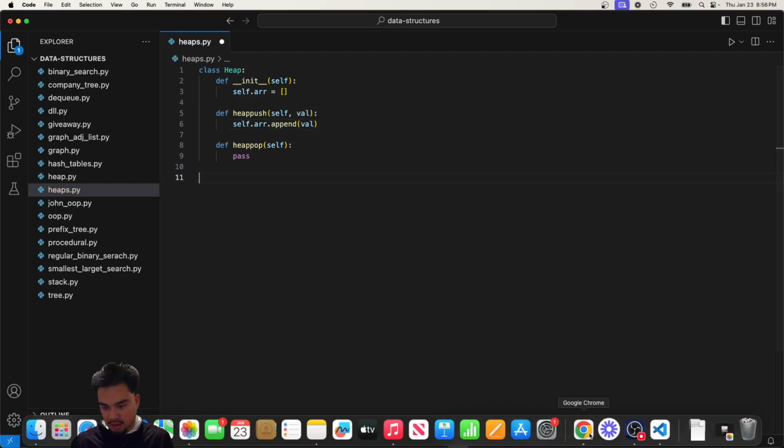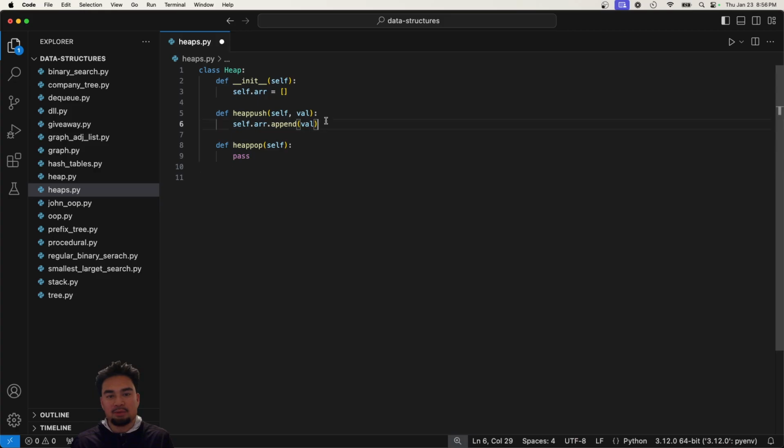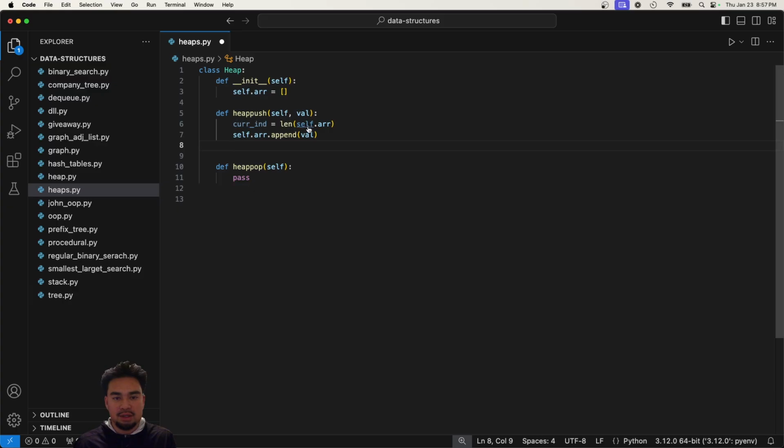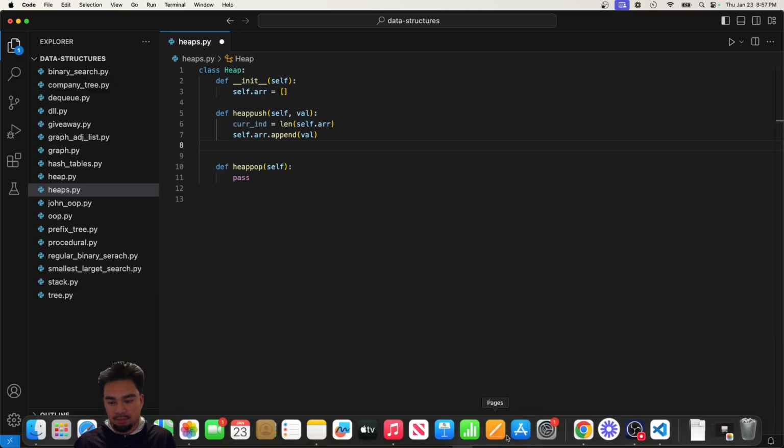Then we'll say the current index. We need to store the current index because we need to locate our parent. Current index equals the length of self.array. If it was the 0th one, that would be the first one to push in. So we'll say while the current index